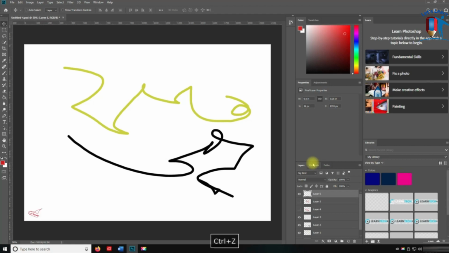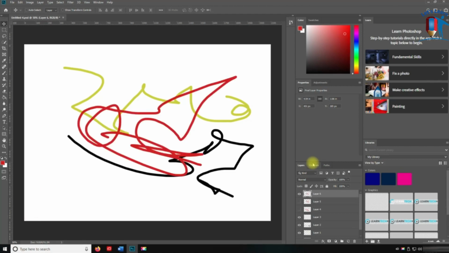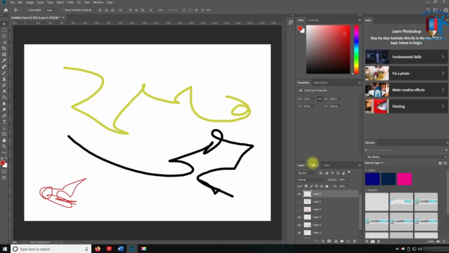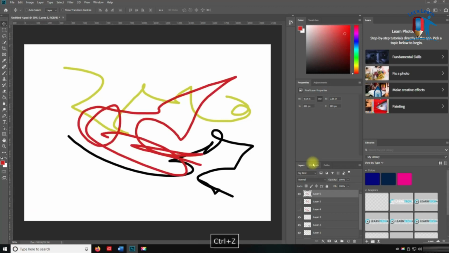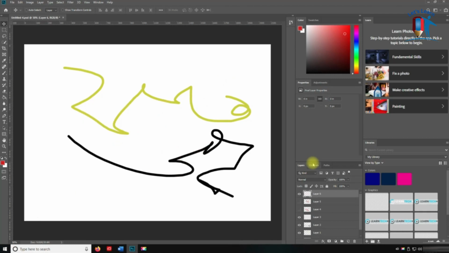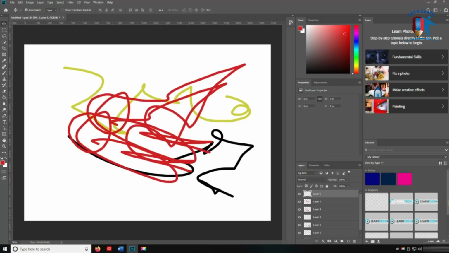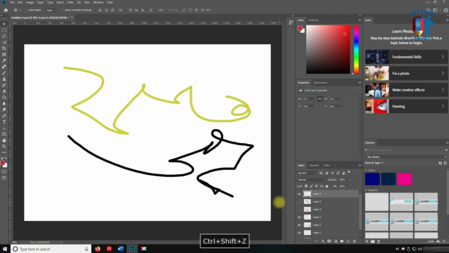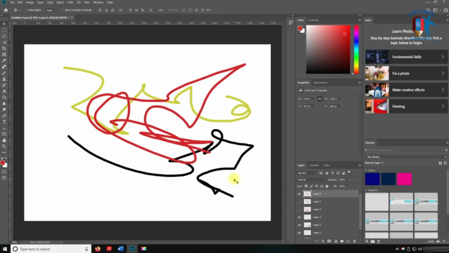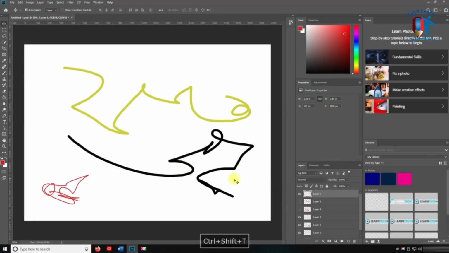So if I hit Control-Z and bring it back up, and then I want to bring it down one, I hit Control-Shift, well, actually Shift-Control-T. Either way it works. Control-Shift-T or Shift-Control-T. And what it's going to do is proportionally drop the size down. Okay, so if I do undo, actually let's redo it. So if I do Control-Shift-Z again, there we go, and then do Control-Shift-T, bring that down,